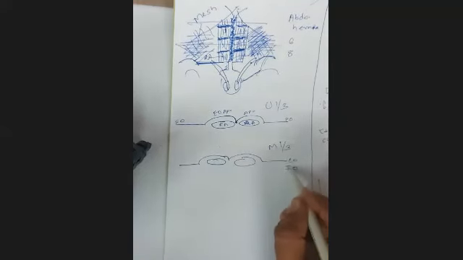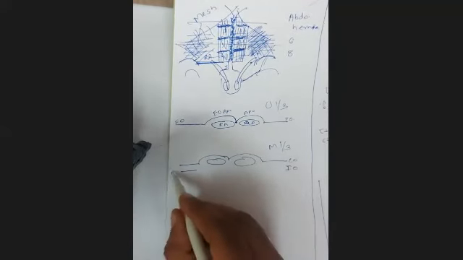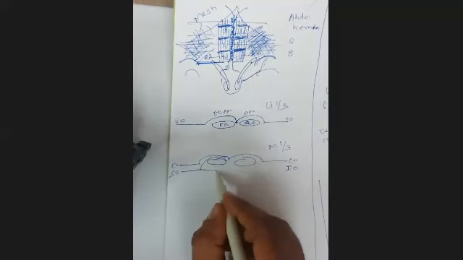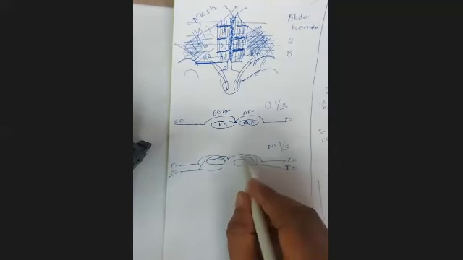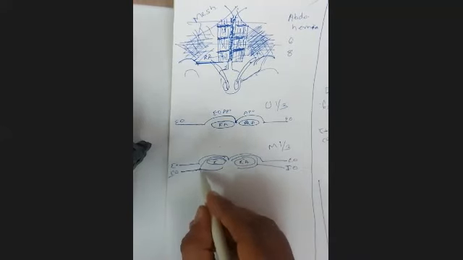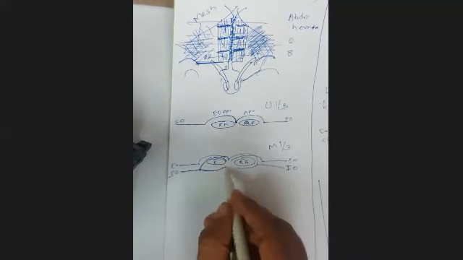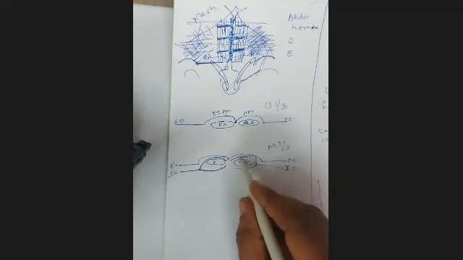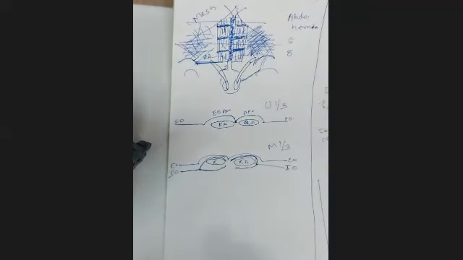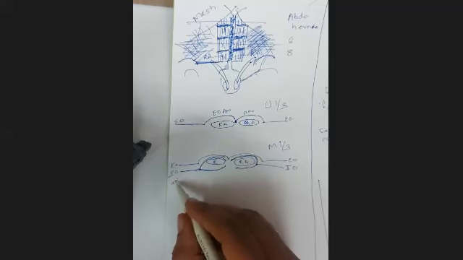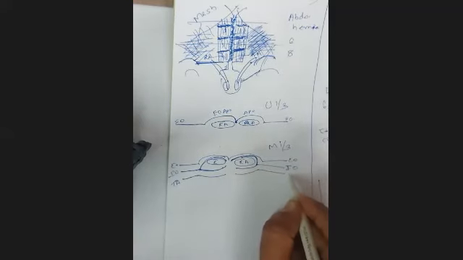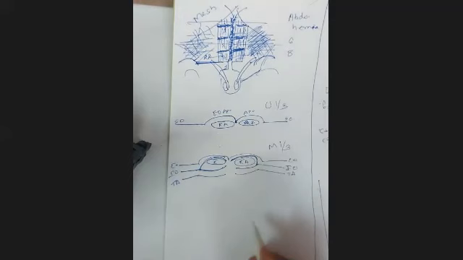Then there is internal oblique also. This internal oblique, as it approaches the rectus abdominis, splits into two layers. One layer goes in the front, another layer goes in the back. That means internal oblique splits, its fascia splits, its one layer of the fascia goes anterior, another layer goes posterior. While the transversus abdominis, its fascia remains posterior. So this is how the situation is in the middle one third.